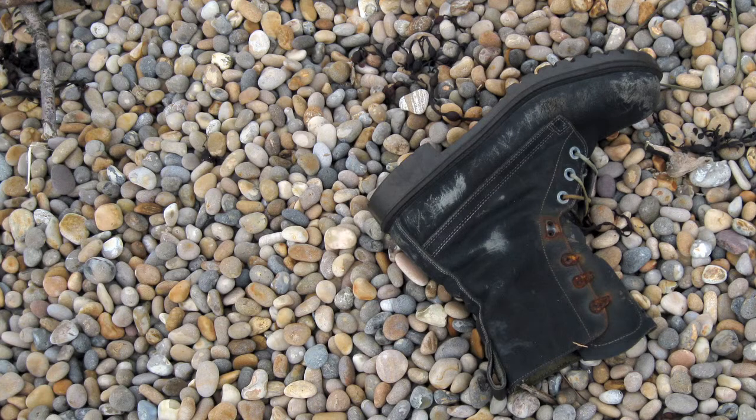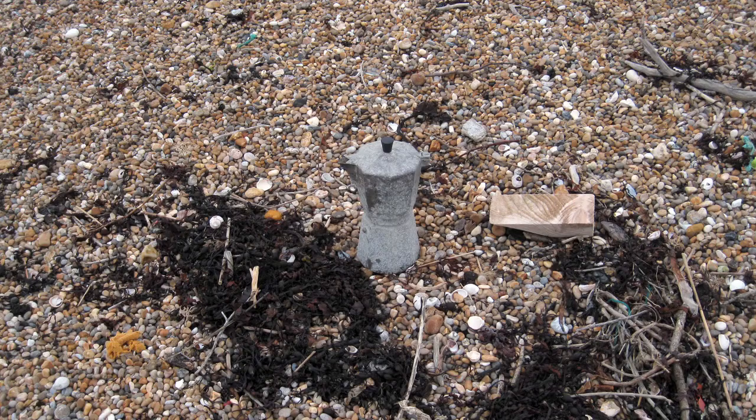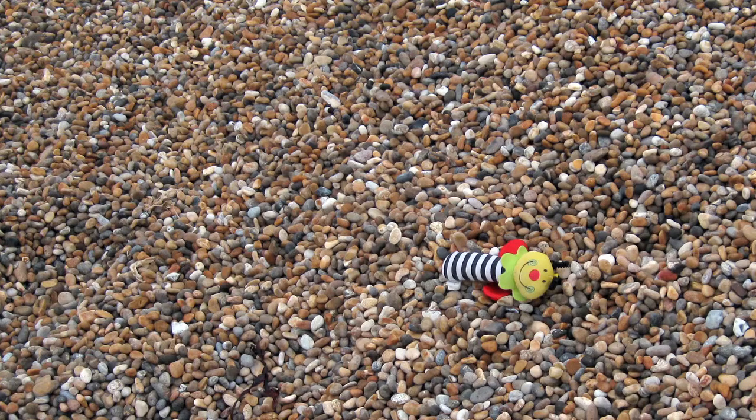I take photographs, just random photographs really of stuff, because you find all sorts of interesting bits and pieces on here. You find an incredible selection of footwear, soft fruit, cigarette lighters, cuddly toys. I found an armchair, way down, not halfway, but perhaps another mile or two down from where we are now. There was an armchair on top of the beach, and there was an empty bottle of, I think it was vodka, near it. The vodka might have been completely unrelated to the armchair, but it just looked like somebody'd been sat there having a bottle